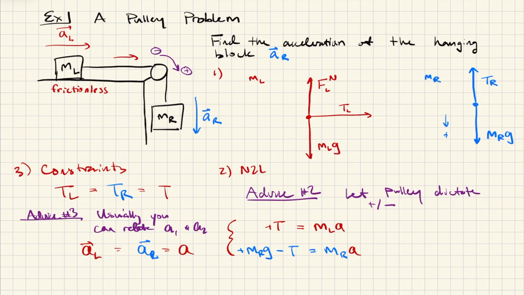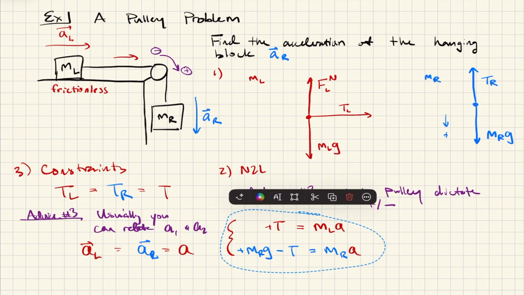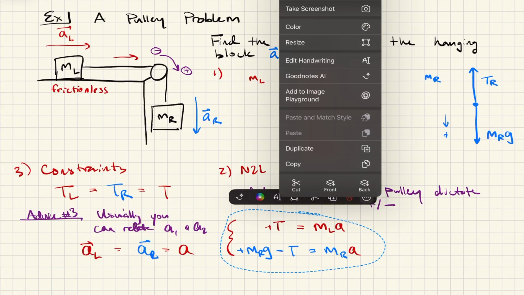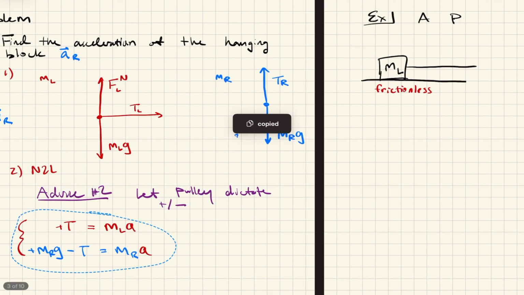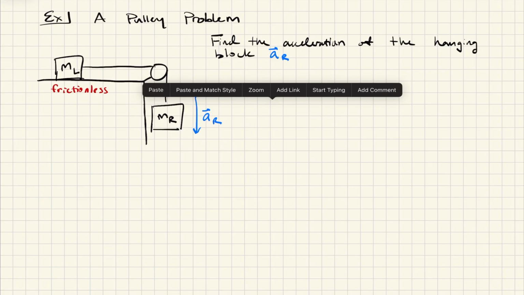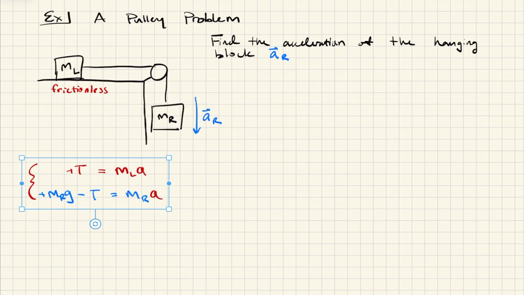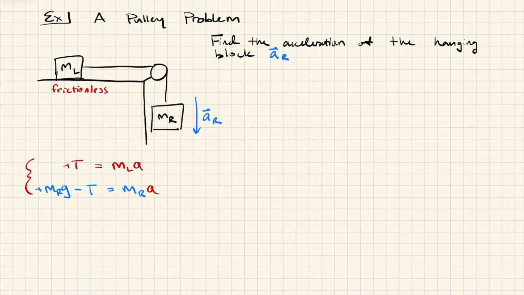Okay, so what I'm going to do is copy this equation and put it here so that we can actually solve it, right? So here's our final set of equations, and I'll label them equation A and equation B. And what I'm going to do is recognize that equation A is basically solved for me, right? I just know that whenever I see a tension, I can replace it with ml times A. And so if I substitute into equation B